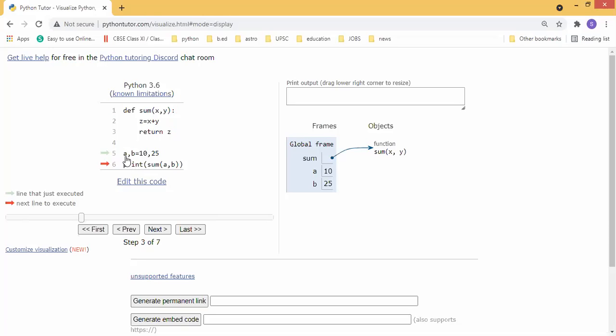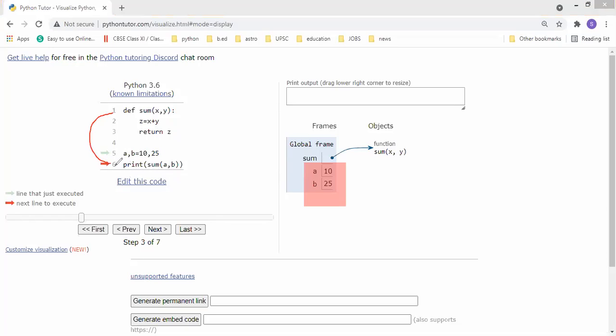So a comma b equal to 10, 25. So a is 10, b is 25. This is how it assigns the values. Then we are calling the function sum a comma b. Whenever it is called, it will pass the flow to the first line.